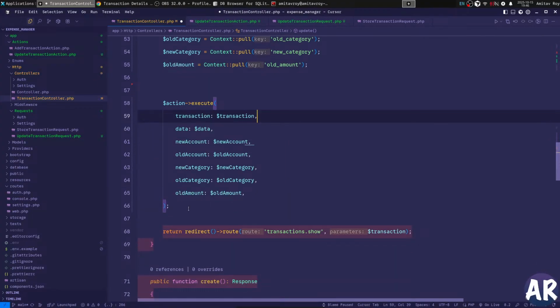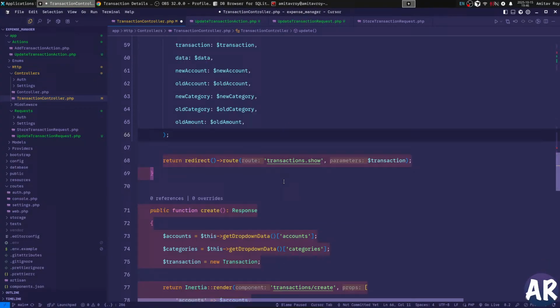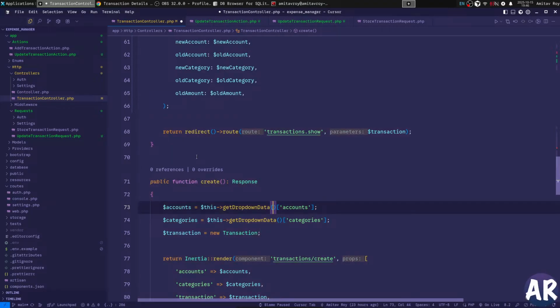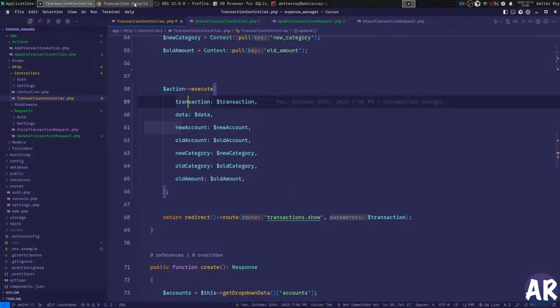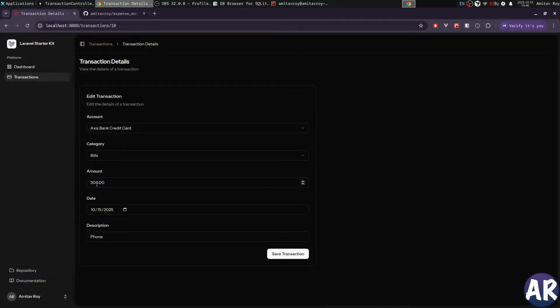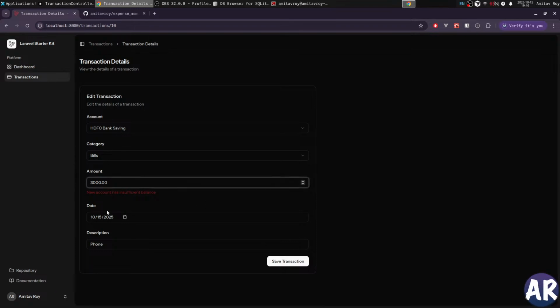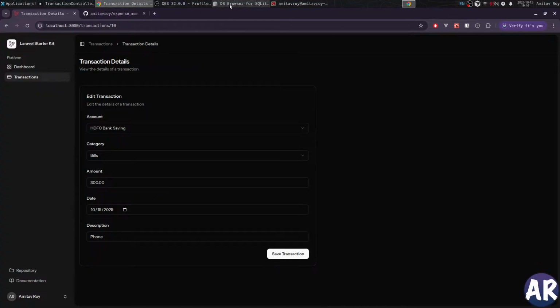Yeah. So what do we have over here? What happened? What is this? Right. So I'm sending that. Now the transaction is going to get executed. I was not even doing anything with it. So HDFC this, and obviously it will complain, right? And if I actually just change the account, and if I hit save, now